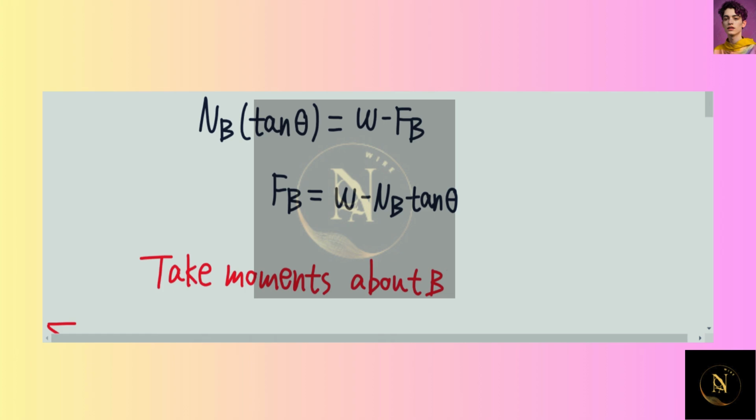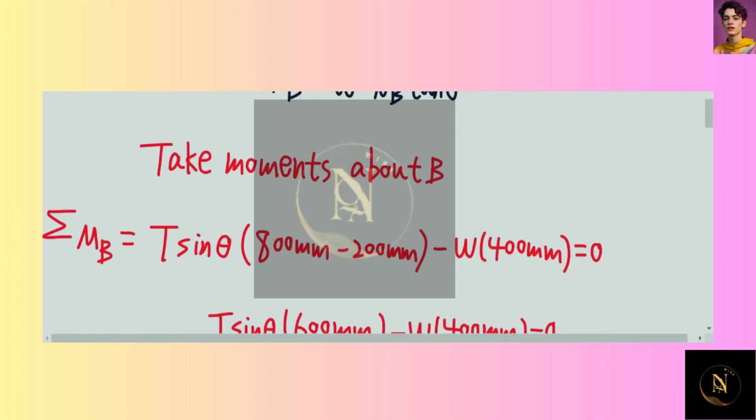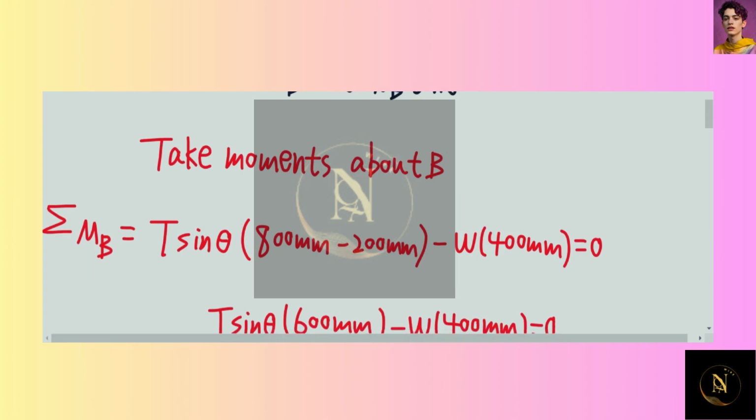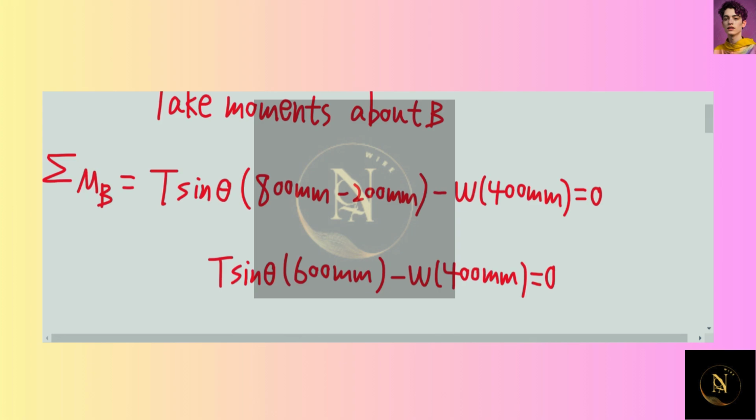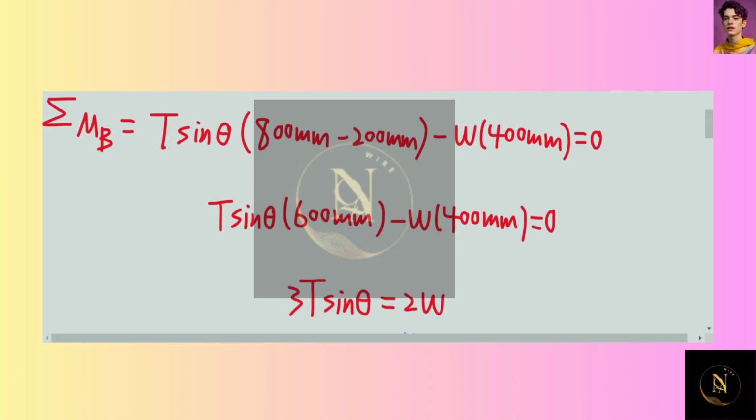So now let's take a look at the moment about point B. Consider counterclockwise moment as positive, clockwise moment as negative. And this will give us T sine theta times (800 millimeter minus 200 millimeter) minus W times 400 millimeter is equal to 0. So we have T sine theta times 600 millimeter minus W times 400 millimeter is equal to 0. As you can tell, units here can be cancelled out, and that's divided by